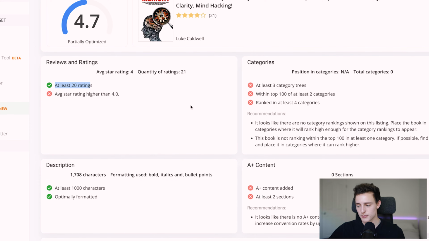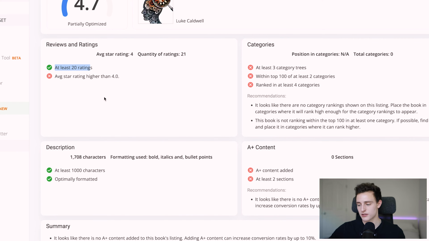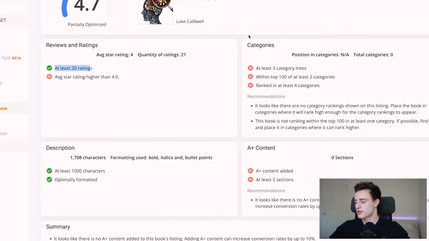So it's doing good. That's a good amount of ratings. It's healthy. But the average star is lower than 4.0. So that is one giveaway as to why you might be lacking sales. Going over to the category section here, you can see it says you might want to add your book to